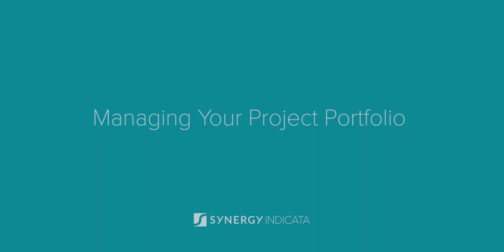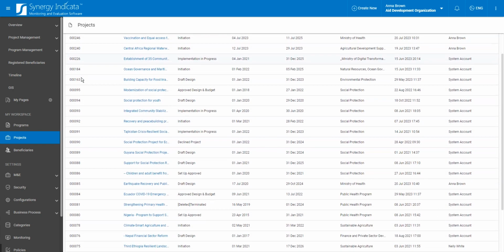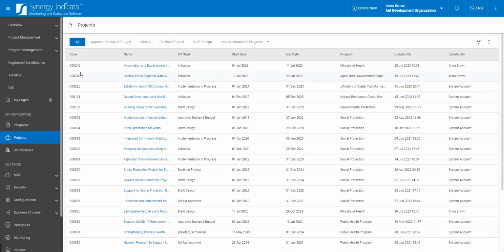Let's get started. After successfully logging into Synergy Indicata, you can navigate to the Projects workspace, your centralized project hub. Here you'll find a table displaying the projects you have permissions to view. System administrators have the flexibility to customize the project information shown in the table columns, such as the project code, name, dates, and more. The Projects workspace offers several features for effective project portfolio management, such as searching for projects,